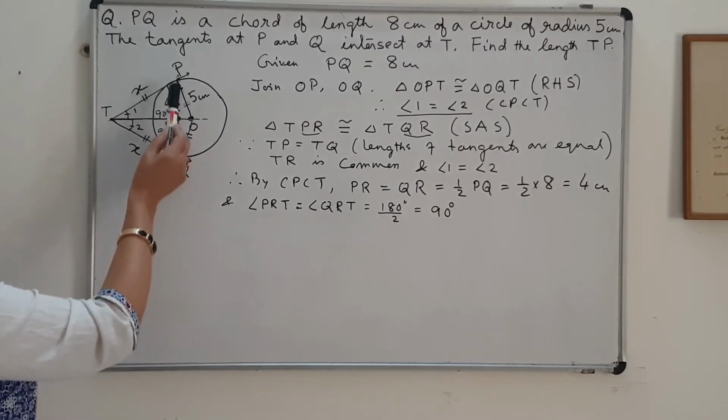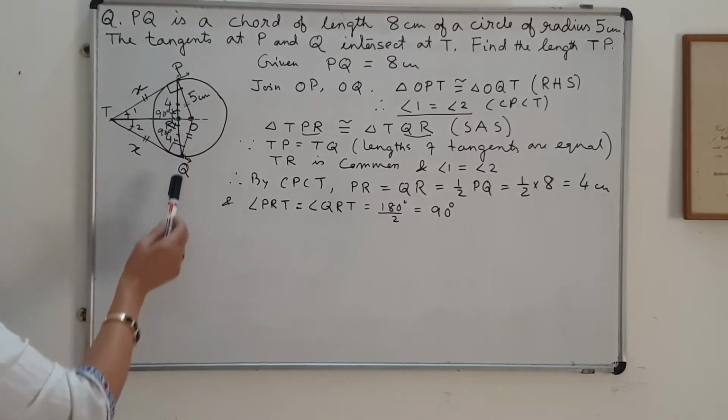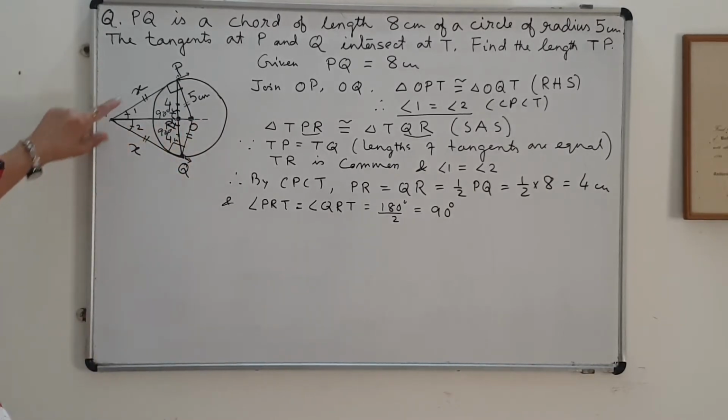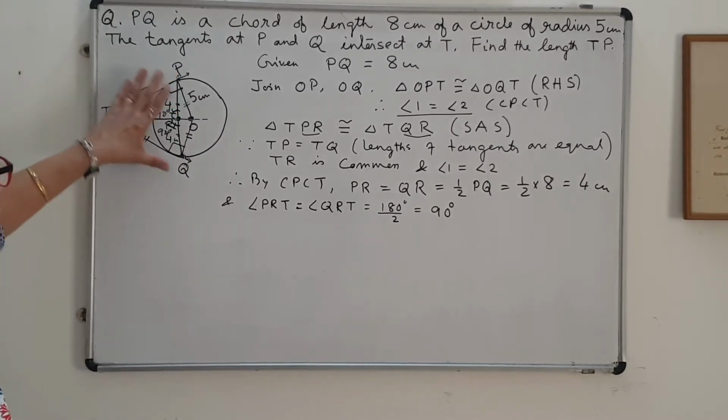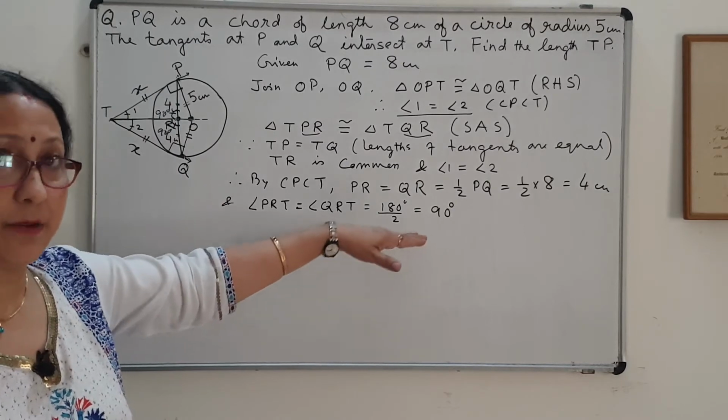then the line joining that point of intersection of the tangents and the center is the perpendicular bisector of the chord, because you see this OT is perpendicular bisector of chord PQ, because you see this is the point R, so PR is equal to RQ, and this angle 90, this is also 90. That's why this line joining the center and the point of intersection of the tangent is the perpendicular bisector of the chord at the end points of which tangents were drawn. So this theorem I have proved in this way, this part, this can be a question.